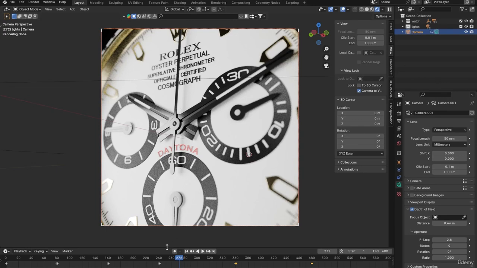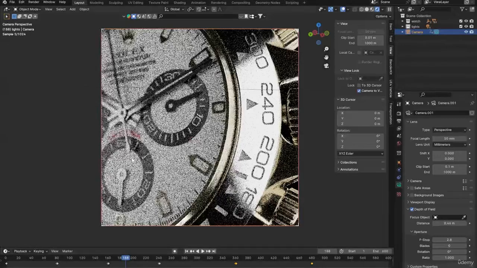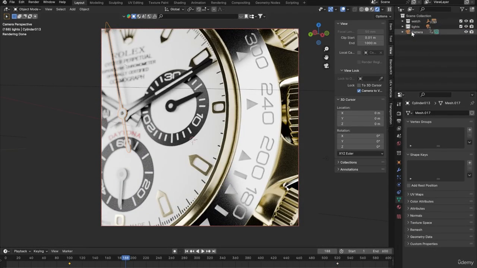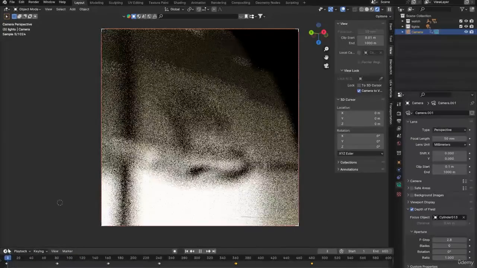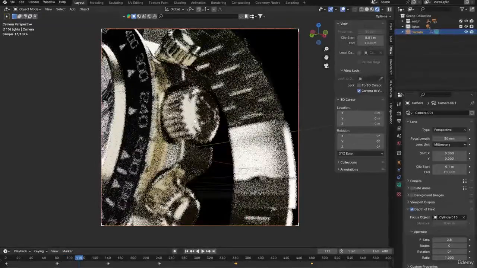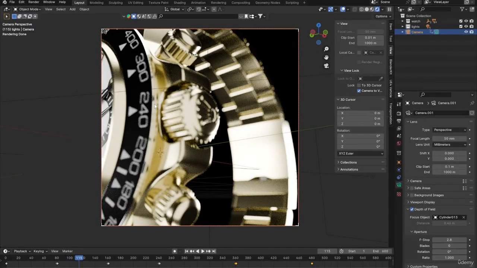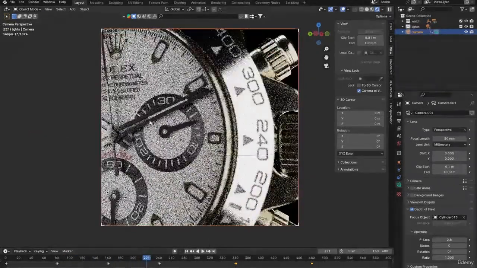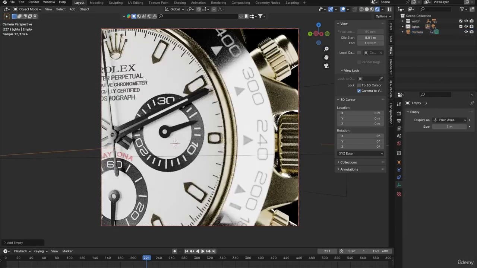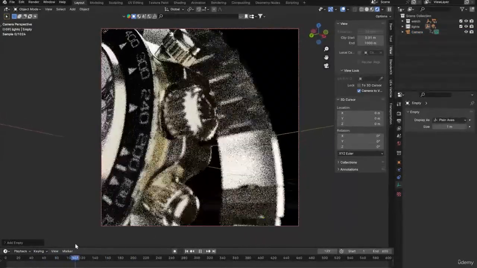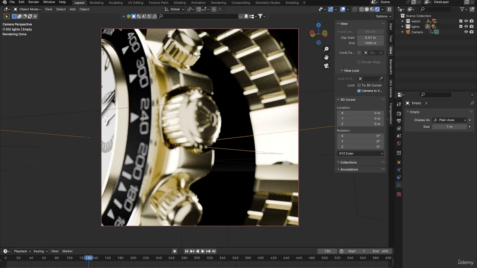Now, if you want your focus to be on one point, let's say one of these hands, throughout the whole scene, then you can just click this dropper tool right here and select your hand, right? But the problem is that in other scenes, for example, this shot and this shot, we want the focus to be on those exact objects. So that's why we're not going to be setting it to any object which is in the watch. What we're going to do is go to add, go down to empty, and click plane axes, right? So now we have an empty object, which we are going to use to focus the camera. So let me drag this out,